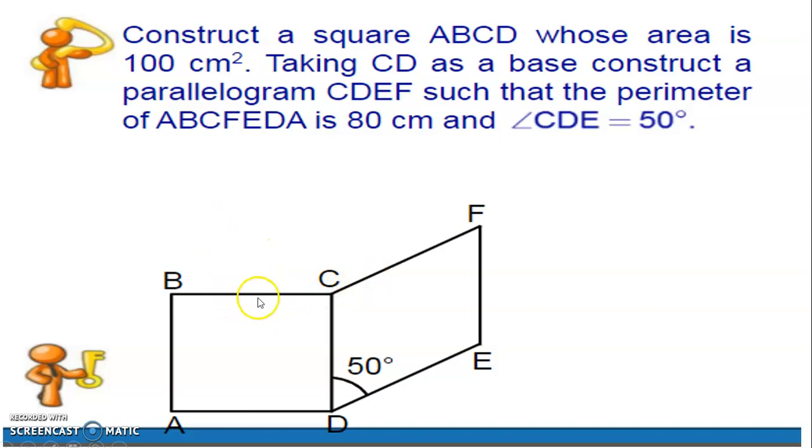So we know these measures are 10 centimeter, 10, 10, 10. And here what will be the measurement of EF? It is a parallelogram. CD is 10, so EF will also be 10. Totally 50 is over, 10, 20, 30, 40, 50, out of 80. So what is remaining? Actually, I should not consider the measure of CD because it does not come under the shape; 10, 20, 30 and 40 alone. So remaining is 40. In that 40, what will be the measure of CF and DE? This 20 and this 20.